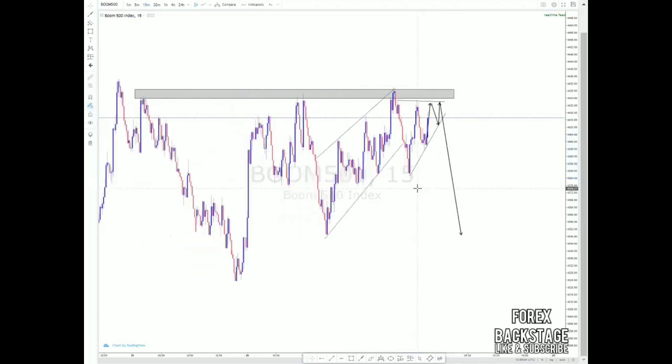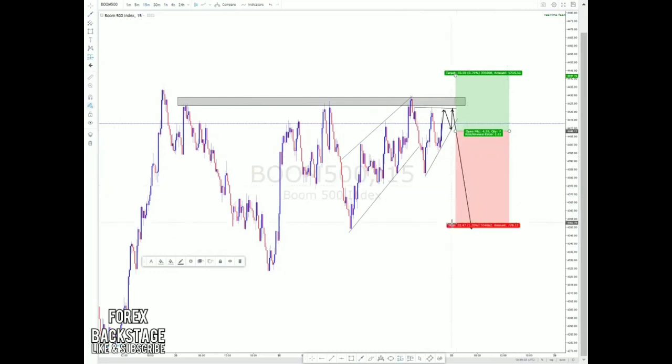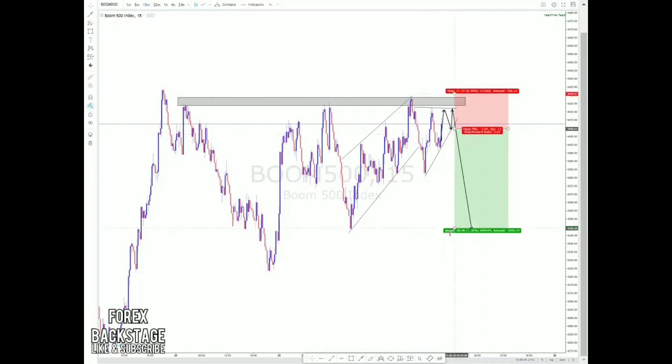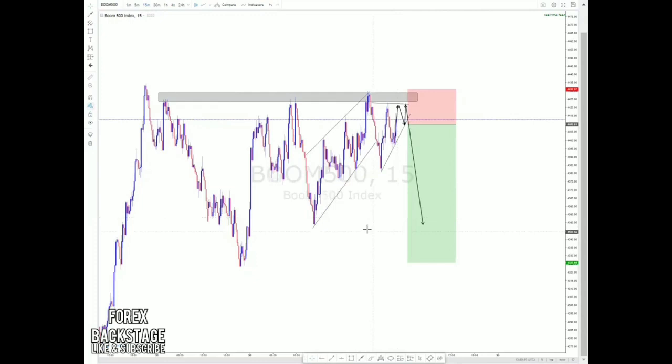You can see that this is something we are expecting, and then we are looking for the market to drop. We are just waiting for the market to break out from this contraction channel, and then we go down with it. This is our first target, and this is our final target. So yeah, let's go to